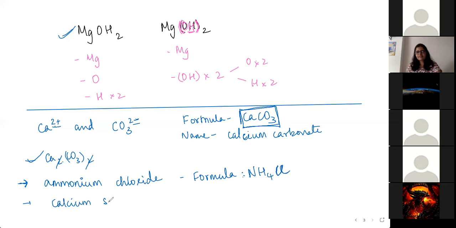Calcium sulfate. Calcium sulfate is kind of important in real life. I'm giving you these compounds because you will come across them a lot later on in 10th in reactions and all that. If you're familiar with it, it's good. Calcium sulfate is another thing. Calcium carbonate is also, that's your chalk. Sujal got it. Swayam got it. Aryan got it.